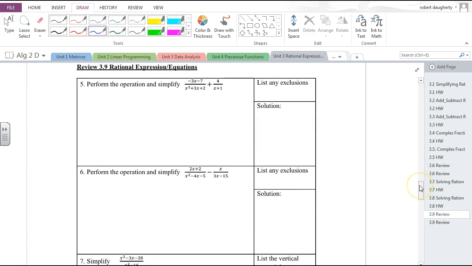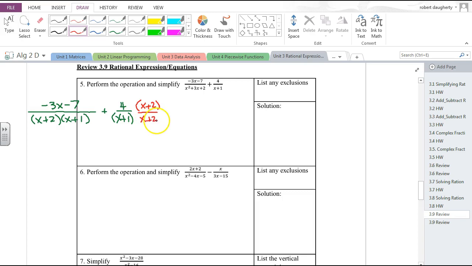Now we're moving into problems that were on the first quiz, rational expressions, performing this operation. One of the keys here, wherever you see something that can be factored, you must factor that. So this is negative 3x minus 7 over, if I look at the next term, that trinomial multiplies to 2 and adds to 3, that's 2 and 1. So that's x plus 2, x plus 1, plus 4 over x plus 1. My common denominator is going to be x plus 1, x plus 2. So that second term needs to be multiplied by x plus 2